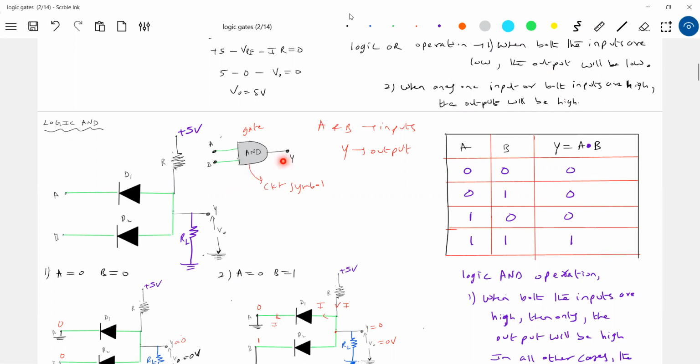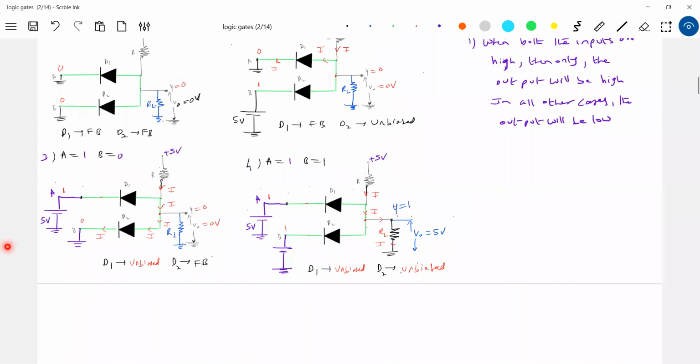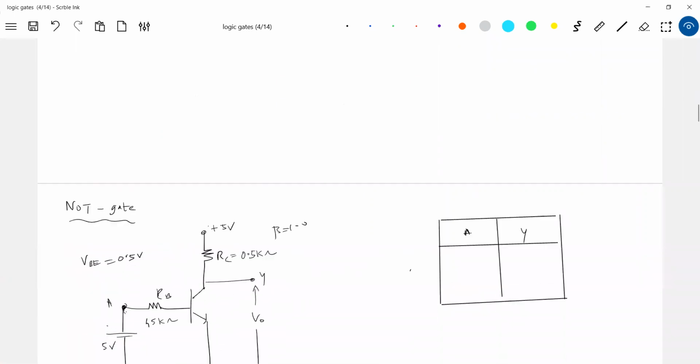Especially in competitive exams, nobody will ask you these things. I think you should come out of this. I think I already discussed some problems, with one resistor here, whether the diode is forward or reverse biased. Calculate the current through the diode. If the current is negative, it will be unbiased, or if the current is positive, then it is said to be forward biased. We discussed the numerical. So if you want, you can take that numerical approach or just this is enough. But I think in competitive exams, nobody will ask you this construction. Only if you go for the board exam, this will come into the picture. Okay, this is about the logic AND operation. Next, we'll go for the NOT gate.